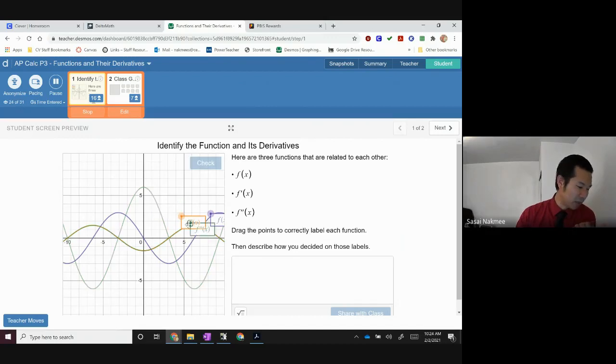This cannot be the derivative of that line. So we were almost correct. This one is the derivative of that line. So we're going to just move that around a little bit here. So if this one